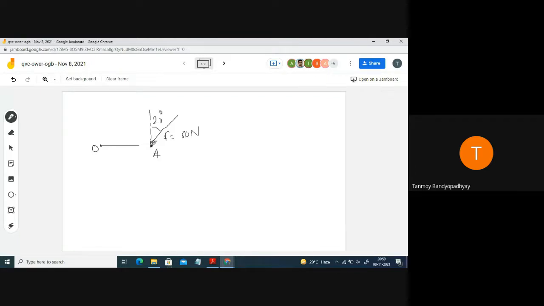This radius r is given. What you can do is resolve this force into two components, Fx and Fy. Now you can understand that Fx will have no contribution to the moment since it passes through the point where we want to find the moment. Fx will have zero lever arm, so the moment contribution from Fx will be 0. But Fy will have a contribution. So directly you can do Fy into R, and you will get the value of the moment in scalar form.